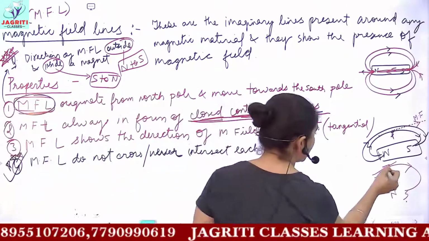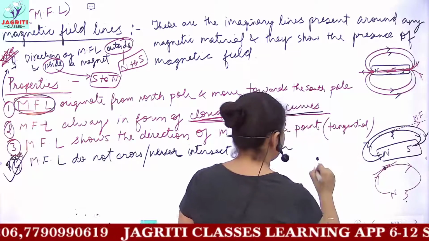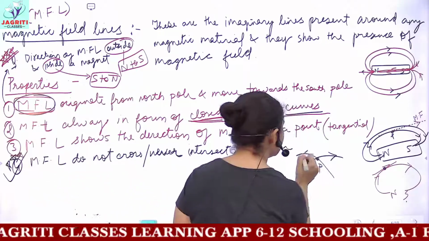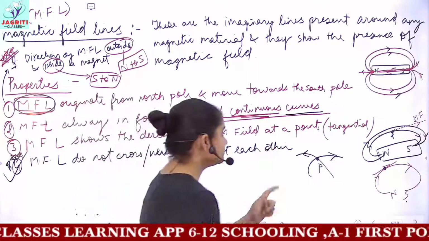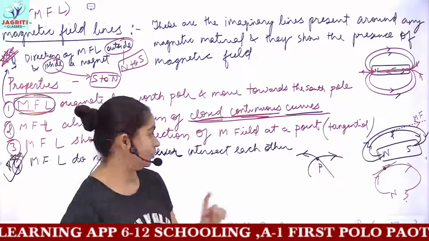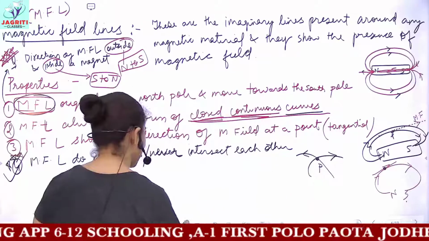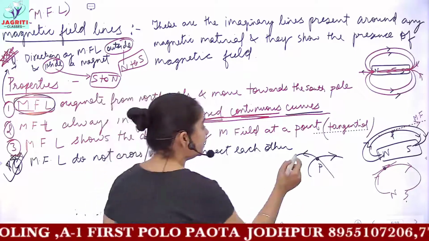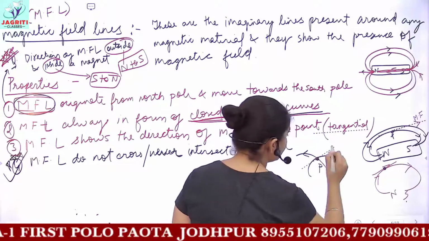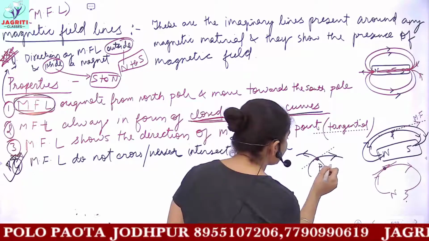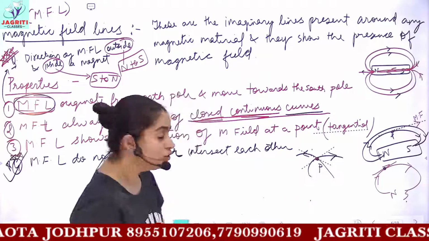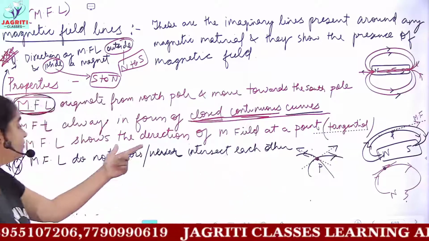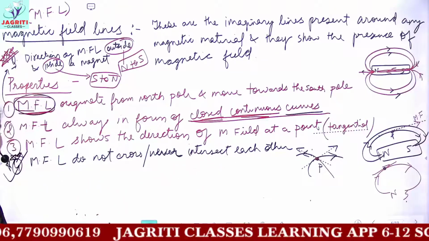Because let's say you have a point P, which I took. The direction of one magnetic field line is moving here, and the other magnetic field line is moving in this direction. So you can say, yes ma'am, both the magnetic field lines can cross. No. If I ask you what is the direction of magnetic field line at point P, for finding direction we draw a tangent. So here I would draw a tangent in this manner according to this line, and next I can draw a tangent at this point. So can one point have two different directions of field? No. In turn, we say that magnetic field lines do not intersect each other.